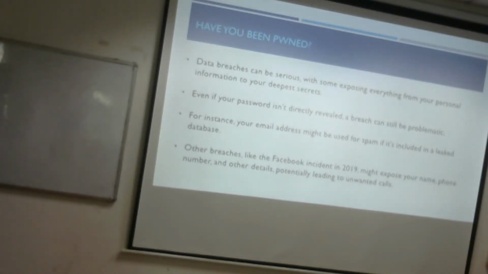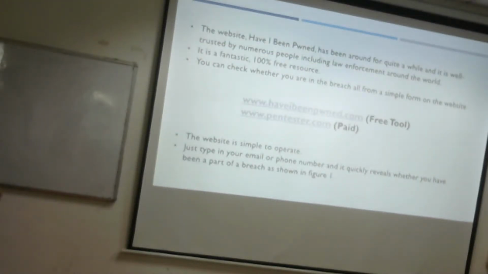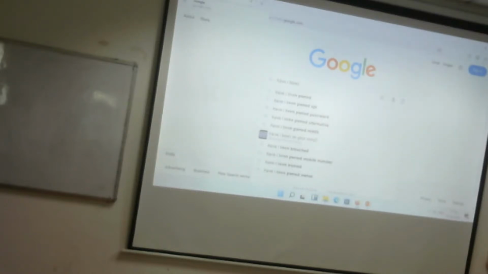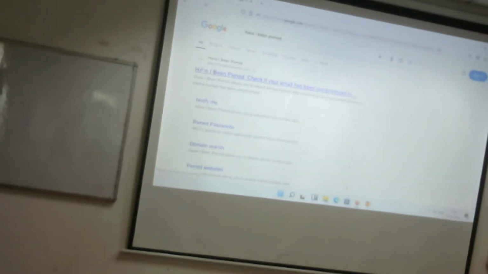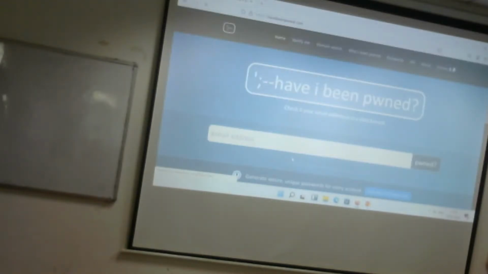जैसे एक और ब्रीच था फेसबुक का 2019 में, जिसमें यूजर्स का नेम, फोन नंबर एंड अदर डिटेल्स सब कुछ ब्रीच हो गया। तो हमारे पास एक वेबसाइट है हैव आई बीन पॉन्ड। This is an open source tool. ये ओपन सोर्स वेबसाइट है, फ्रीली अवेलेबल है। इसमें हम अपनी आईडी, जैसे मैं अपनी पर्सनल आईडी लिखता हूँ,